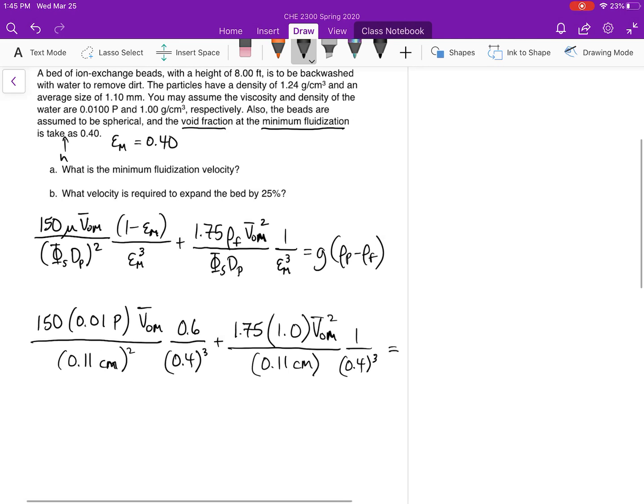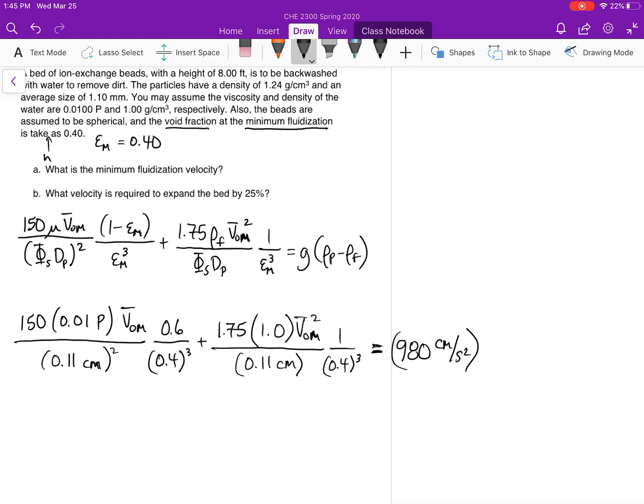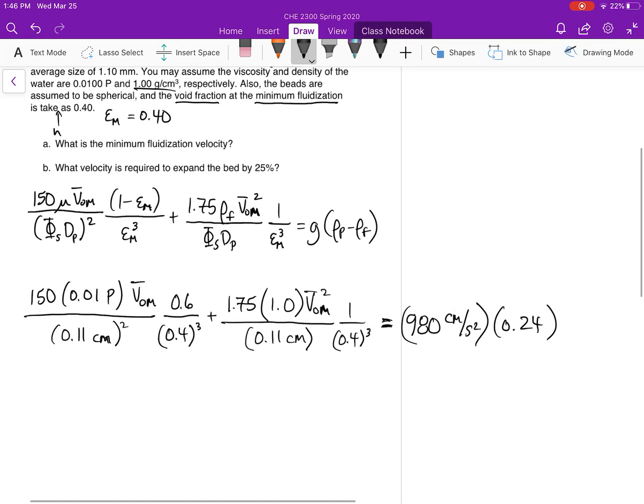And all of that is equal to gravity, which I'm going to write in terms of centimeters per second squared. So 980 centimeters per second squared. And the density difference here is 1.24 minus 1. So I end up with 0.24. If I simplify that equation, what I end up with